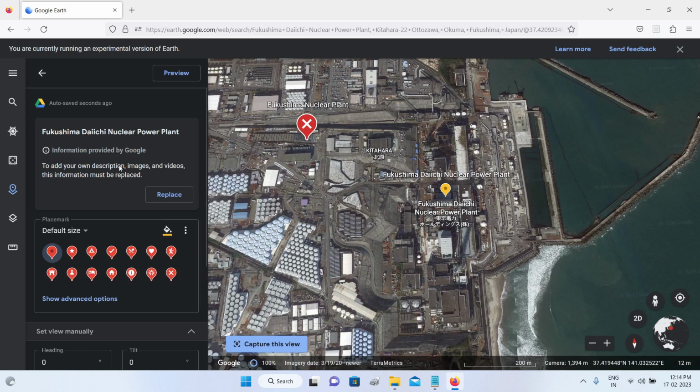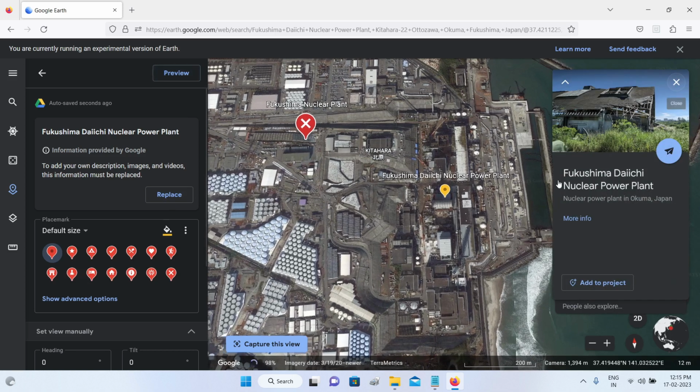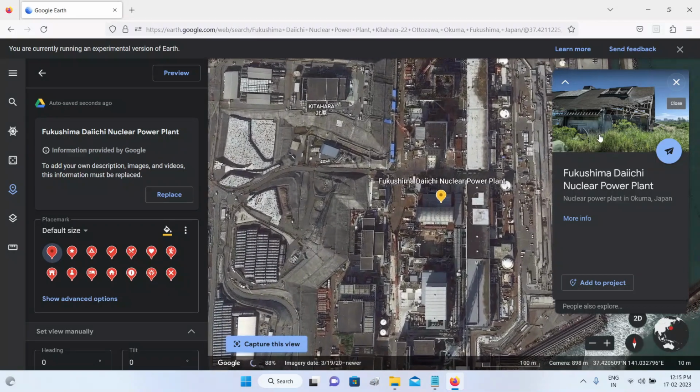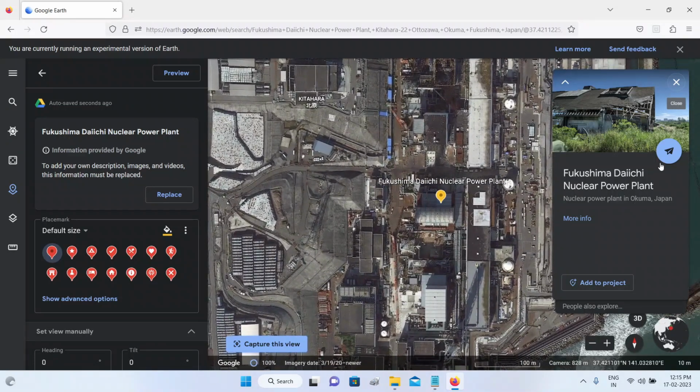It also includes a number of photographs. If you are not happy with this, you can always click on the replace button and enter your own text and images as I have shown before. So before we press the replace button, if at all, we can just come and look at the preview of this. So you will see that this knowledge card has now been created automatically by Google Earth,